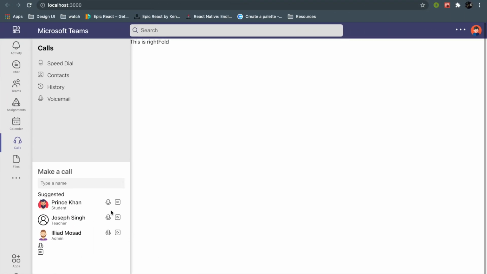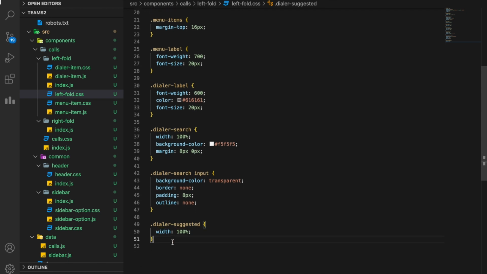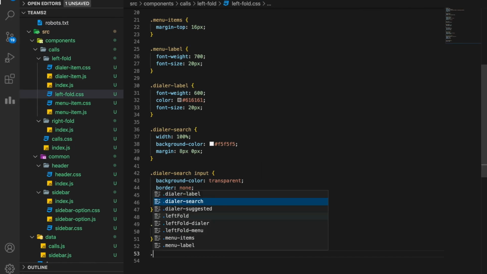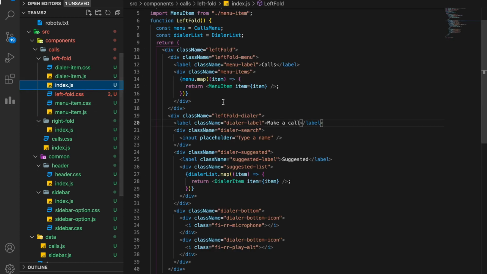As you can see, next we have the suggested label. We'll style this, it was known as suggested label. I think I misspelled some name here, let me see. Dialer suggested label, great.